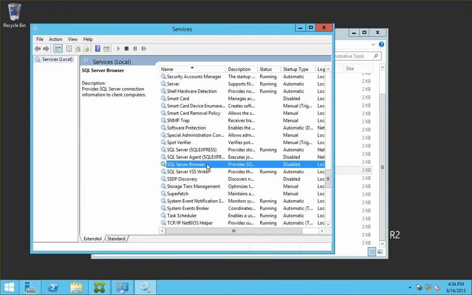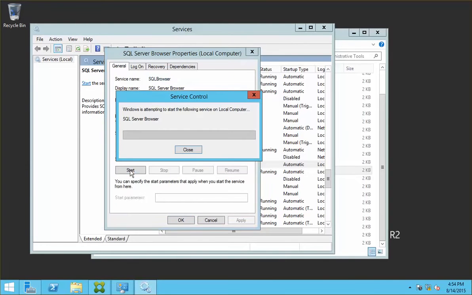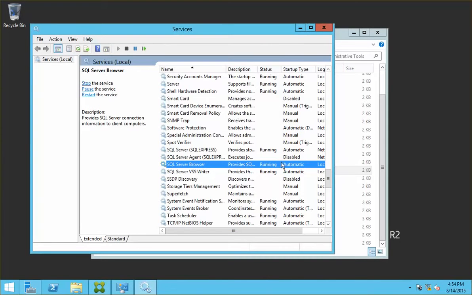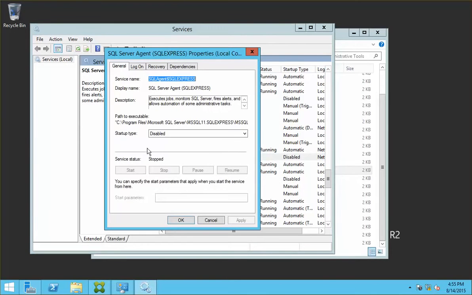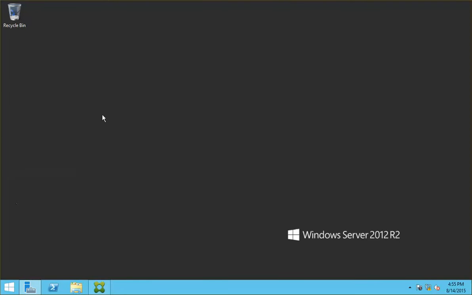So under SQL browser, which is currently disabled, we're going to go ahead and enable that as automatic, and then we're going to simply start that, and there you go, it's running. And for this as well, we could actually set it to automatic as well. If we try to start, it's going to just stop automatically, so we're not going to bother with that. Okay, we're going to go back to our provisioning server